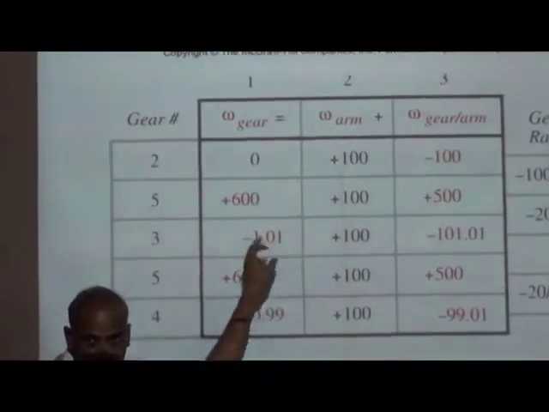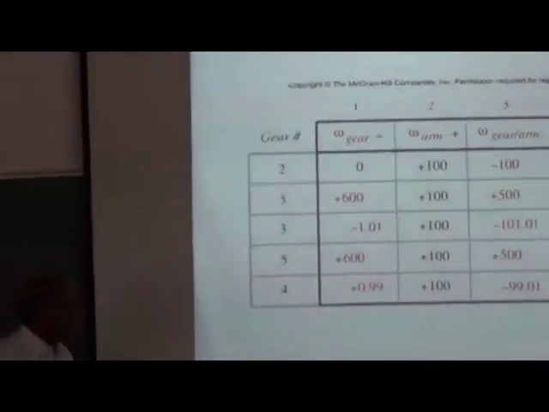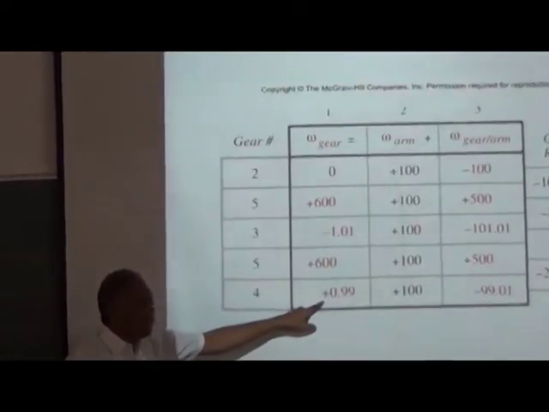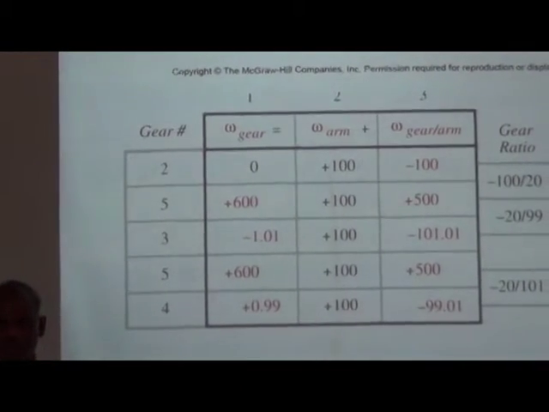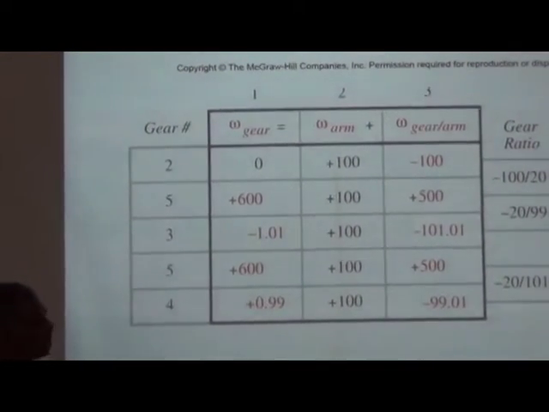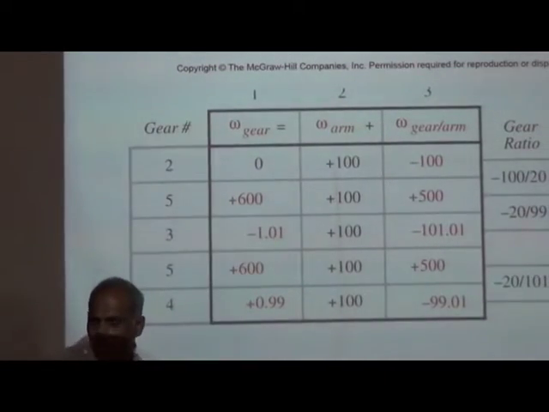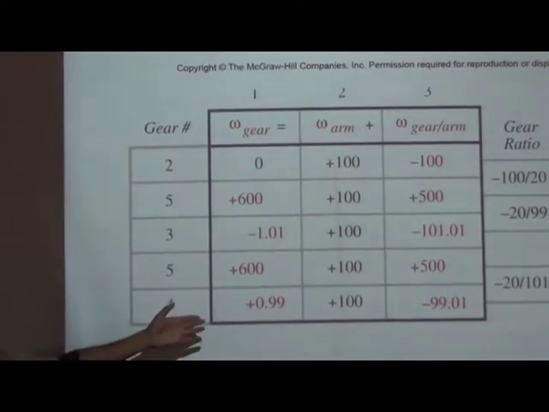Then what is the gear ratio? It will be 1:100. Look here, the fourth gear rotates at plus 99.9 or approximately plus 1. So you are giving an anti-clockwise 100. In one sun gear you will get the opposite direction, with the ratio of 1:100. The other sun gear you will get in the same direction, approximately 1 rotation, 1:100.